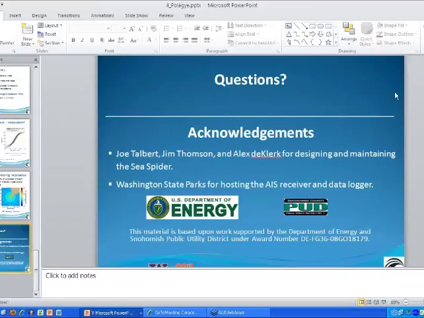I've got about 5 minutes for questions, and a few have come in, so I'll go through them in order. First one: how does the turbine spectrum level compare with the monitored background levels in Admiralty Inlet? And isn't the spectral difference between the turbine noise and the background the key here?